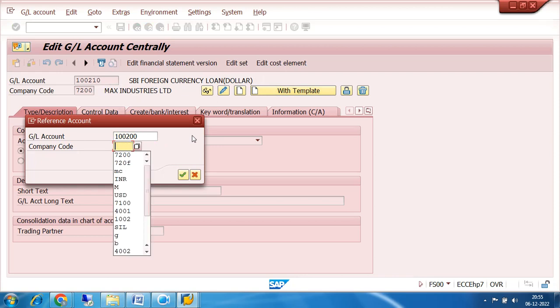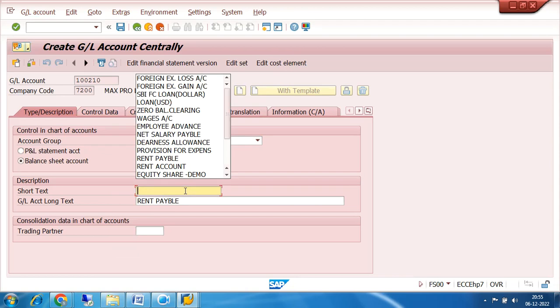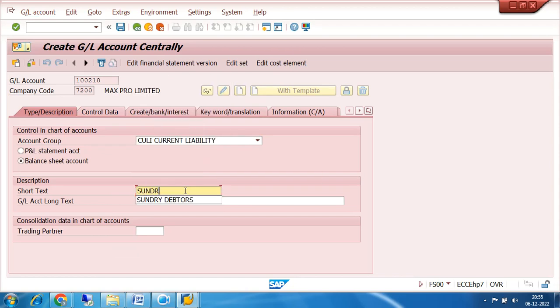Sorry, company code is 7200. Okay, so it is current liability. Now it is copied from rent payable. I can put it sundry creditors. Okay, and here also